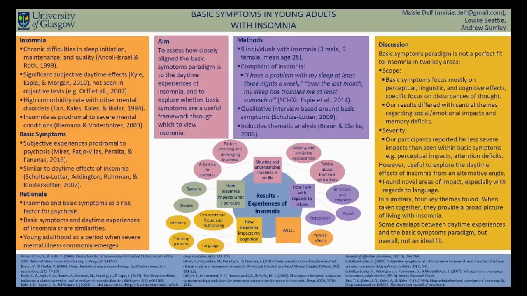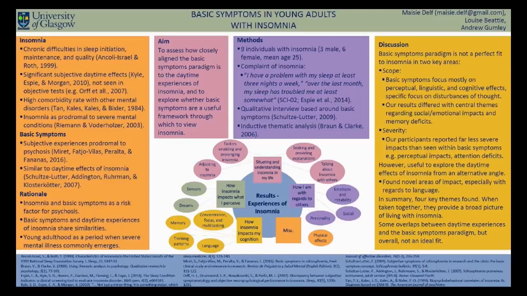As young adulthood is the time in which the early symptoms of psychosis commonly occur, we chose to use a sample of young adults aged 16 to 35. To assess our aims, we interviewed a sample of 9 participants who self-screened for insomnia through agreement with 2 statements taken from the SCI-02. We asked questions based around the experiences that comprise basic symptoms and analysed our interview data